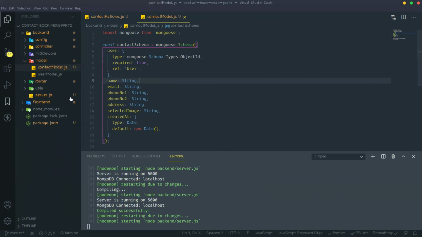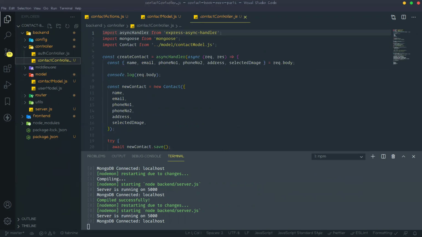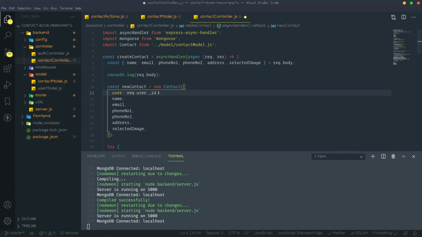Then you need to go to the contact controller, and in this controller, when that create contact happens, that time that user ID will come. Okay, yes, done.